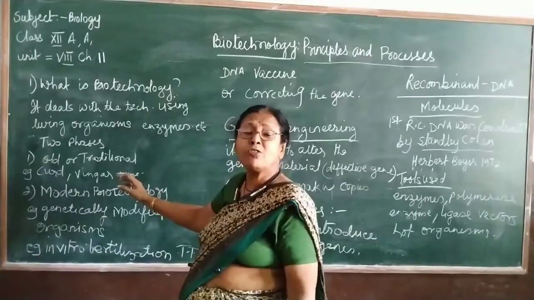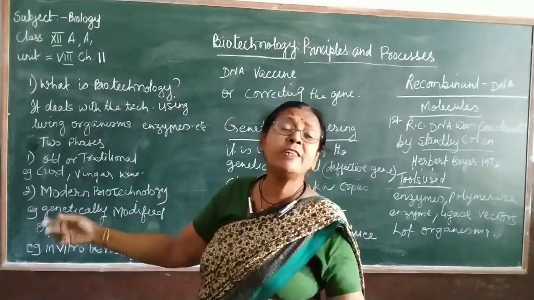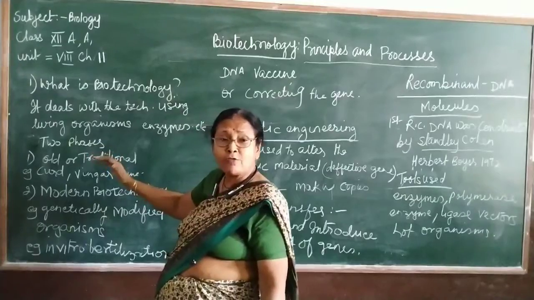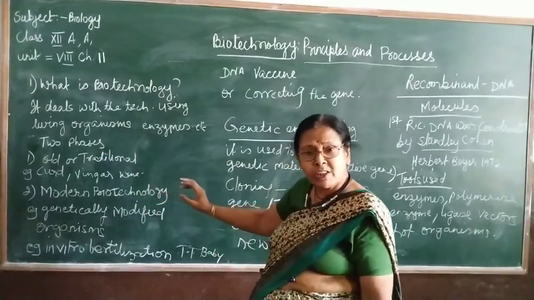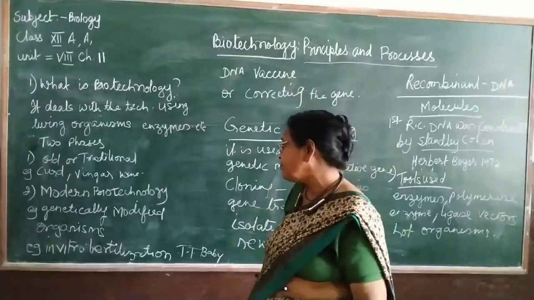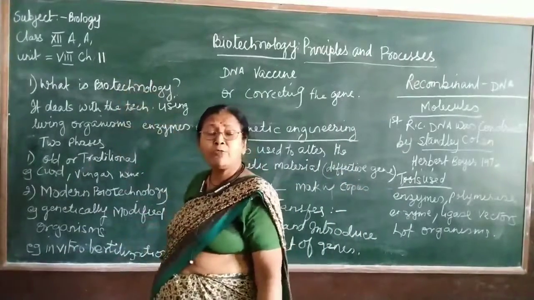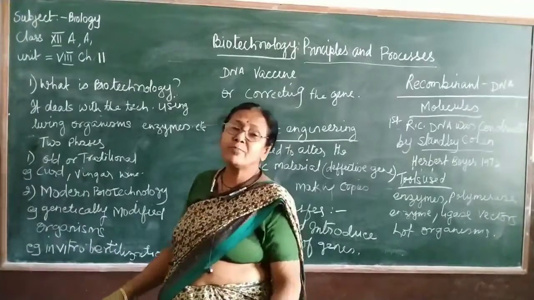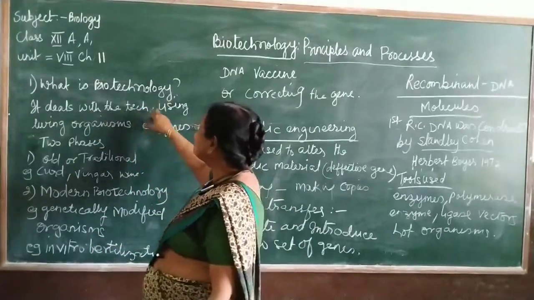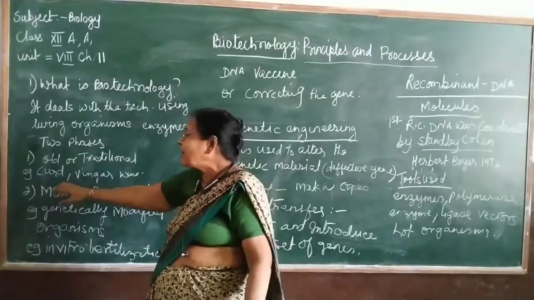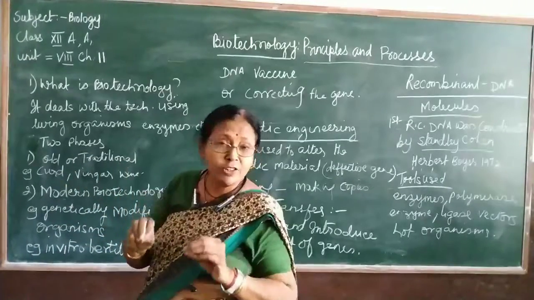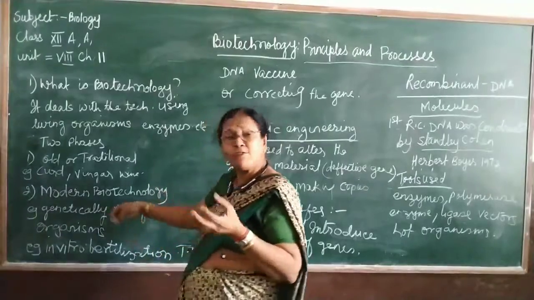But people did not call it technology because they never knew the word technology. So, curd, vinegar, wine are the old traditional way of using the technology in our food materials to increase its nutritive value, the vitamins, the minerals, etc. So, have you understood what is biotechnology? It is using something extra to achieve something extra. That is, it deals with the technology using living organisms, like we use lactic acid bacillus in the milk. It is a living thing which is used in another living thing like milk,